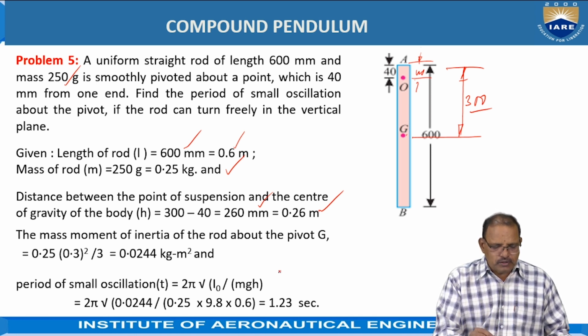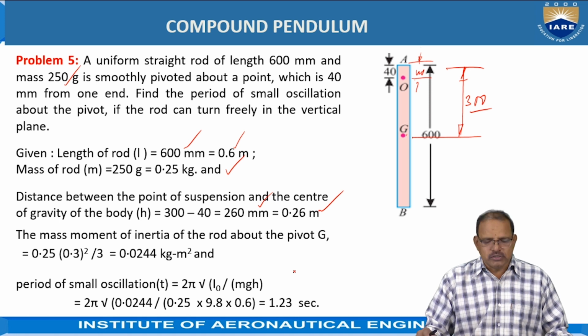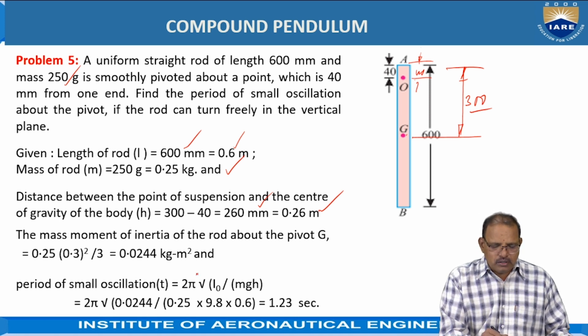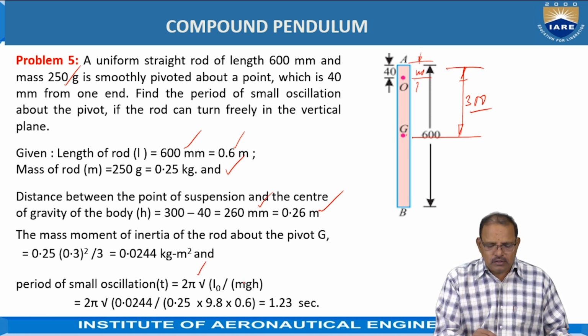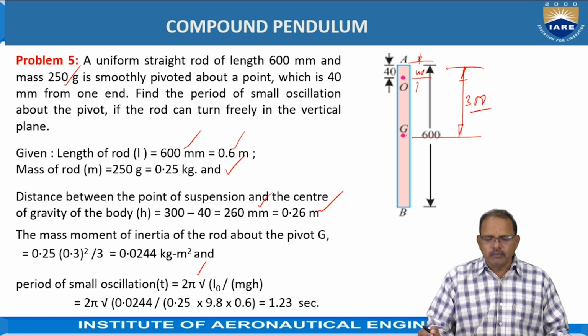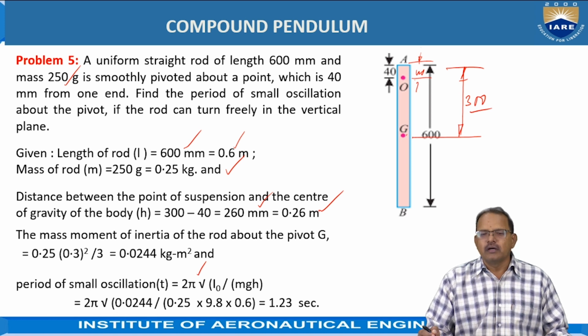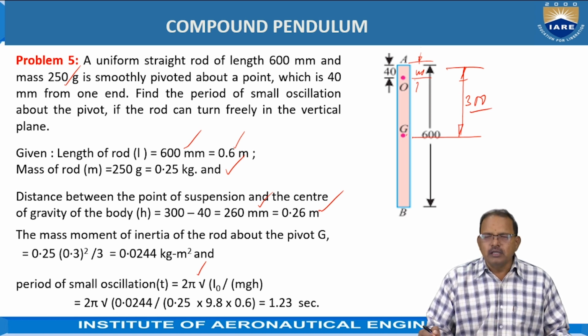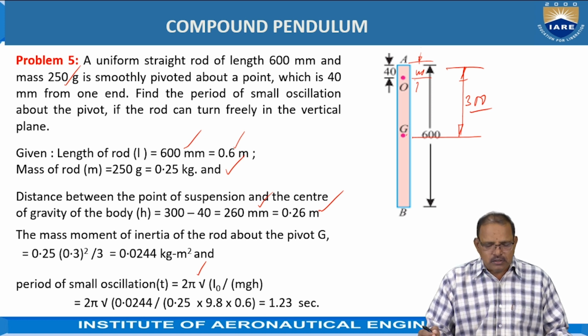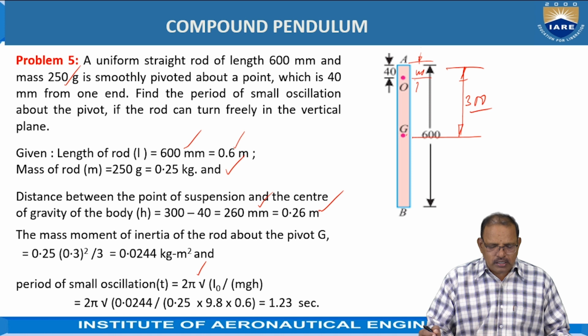The period of small oscillation is equal to 2 pi under root of I naught divided by mgh, where I naught represents the mass moment of inertia of the oscillating body. mgh, where mg represents weight, and h is representing here